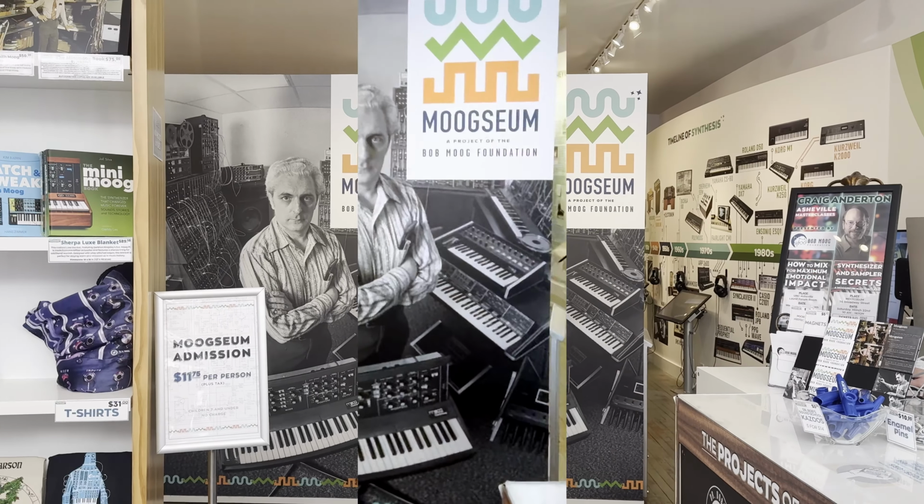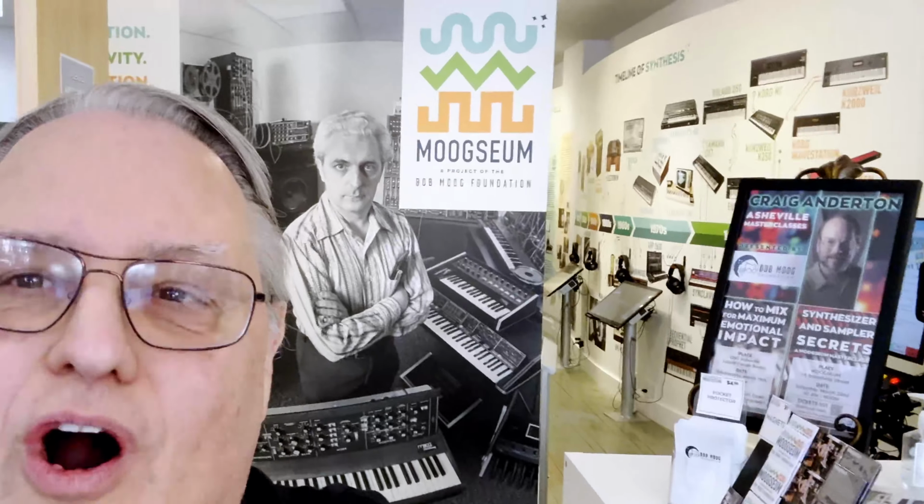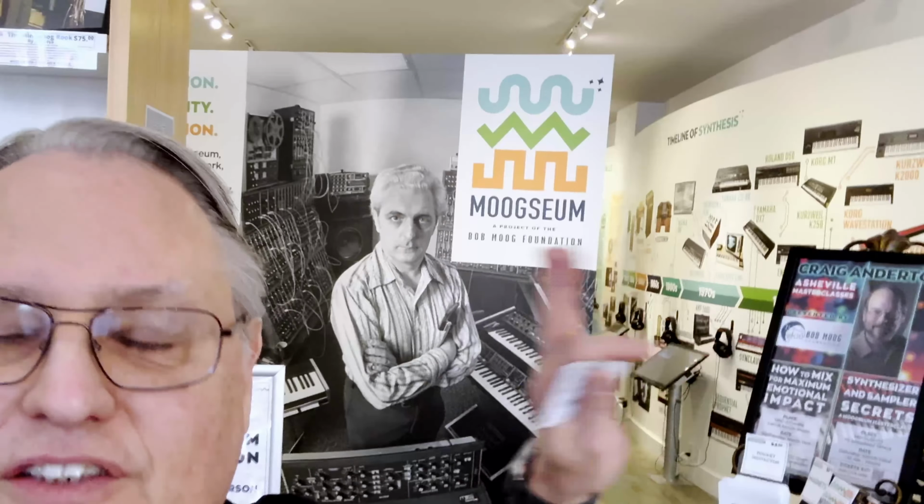It's Bob's stuff. One of the things that's most exciting is how big this place is. When you walk up the door, it's kind of a smaller storefront, but it goes a good distance back. It has lots of content, lots of hands-on things for experiencing stuff and hearing different sounds, history, and of course